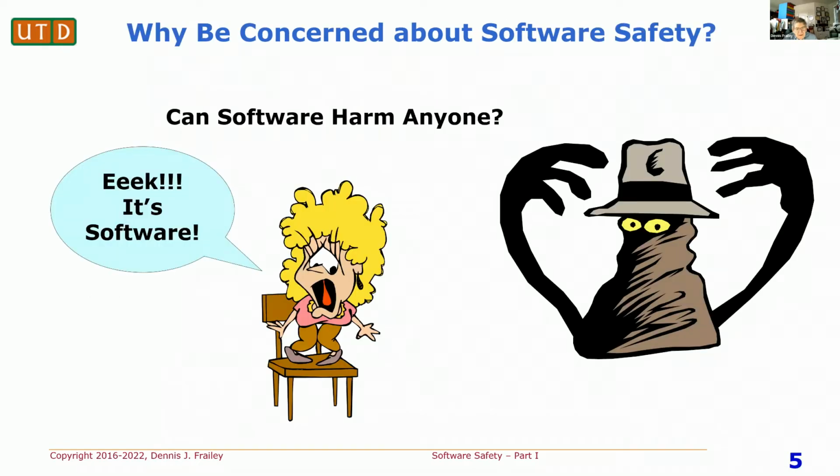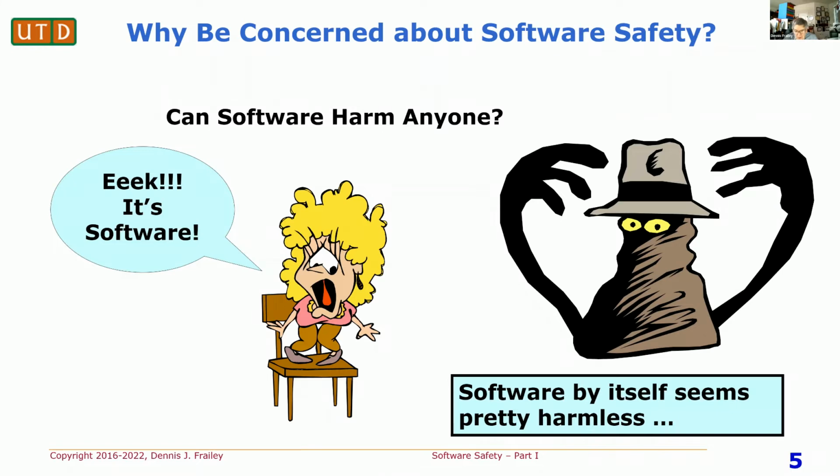One of the first questions that often comes up is, why should we even worry about software safety? How can software hurt anybody? I suppose there are some people who will jump on a chair and scream if you say the word software, but not too many of us. And the issue with software is a little more complicated. It turns out that software by itself is pretty harmless. There's an old joke that the reason there's so much software on airplanes is that you can write billions of lines of code and it doesn't weigh anything. But anyway,